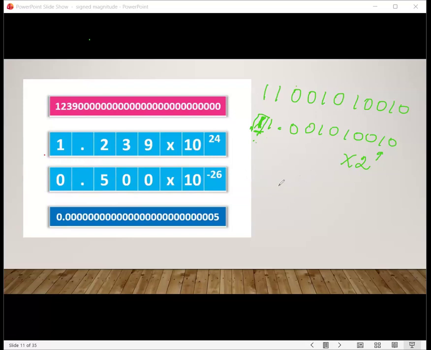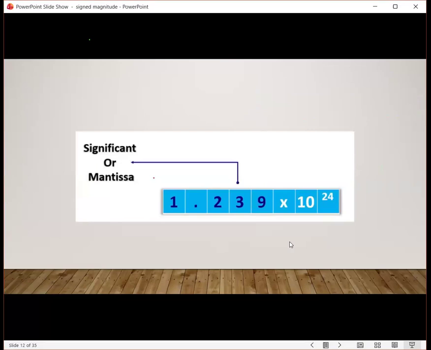How to convert floating point to binary or decimal, we'll see that now. Here 1.100101010